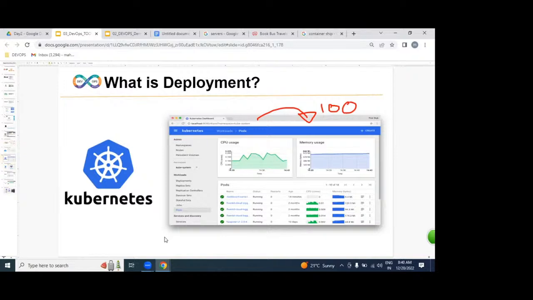If you see the Kubernetes logo, the sea color is blue, and there is the steering wheel of a ship. In the same way, we can easily control hundreds of containers with Kubernetes. Kubernetes is an orchestration tool. What is orchestration? We'll discuss later, not for today.